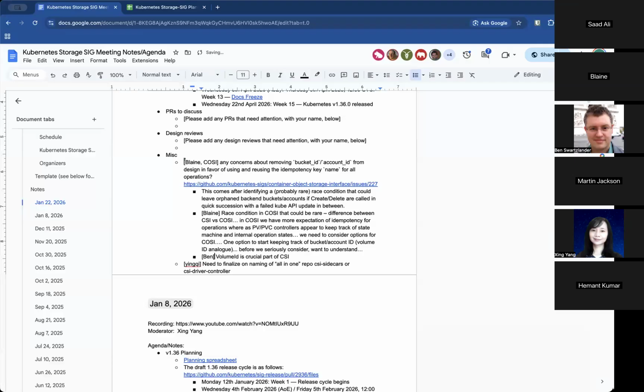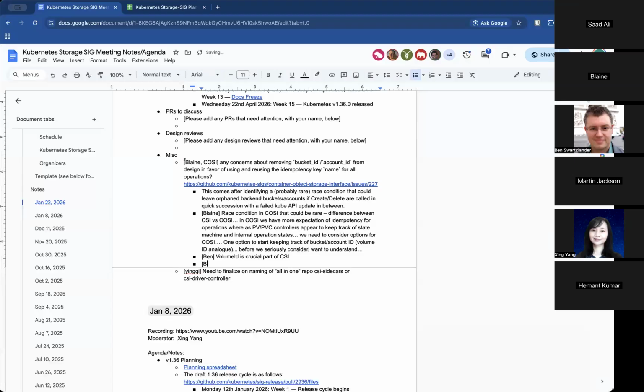So the alternative that I have proposed, our Cozy meeting is later today, where I'll talk to Sing and the other developer more about it. But we have this concept. So I'll just start with the create bucket API. When that begins, we use the name of the bucket as the idempotency key.